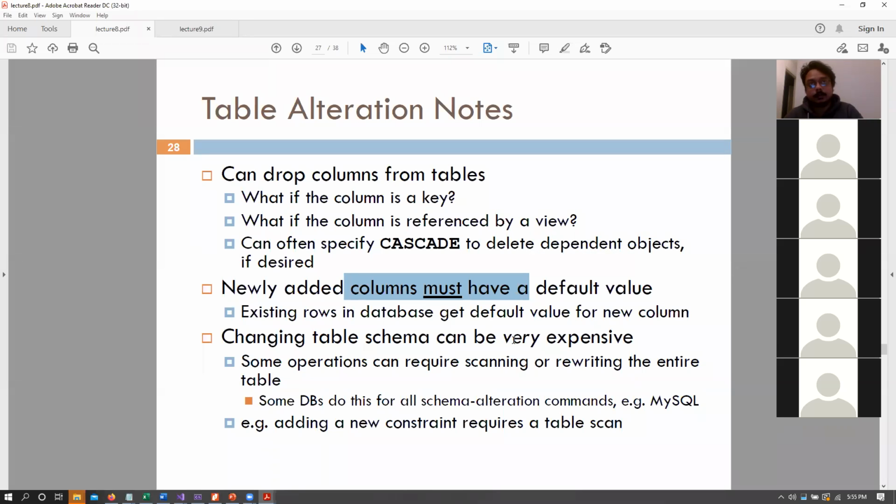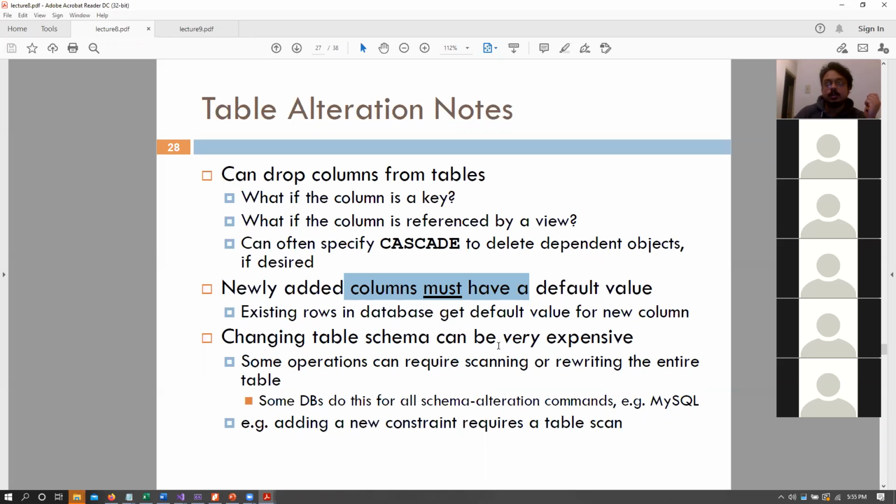Let's say that instead of dropping a column, we want to add a new column to our table. So that means that I suddenly have, let's say I had this table that had 3 columns, and suddenly I'm adding one more column to my table, right? So let's say I just found out the user's phone numbers and I want to add those to my table as well.